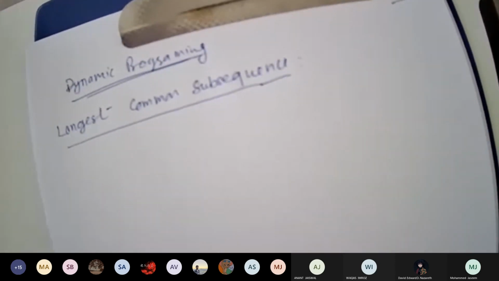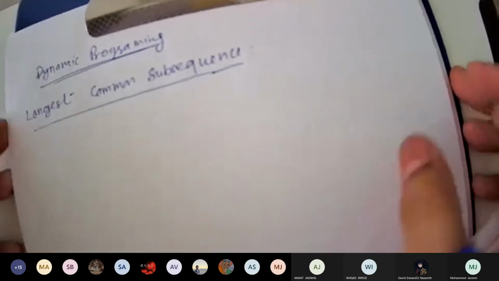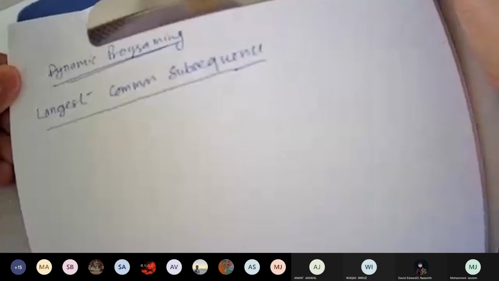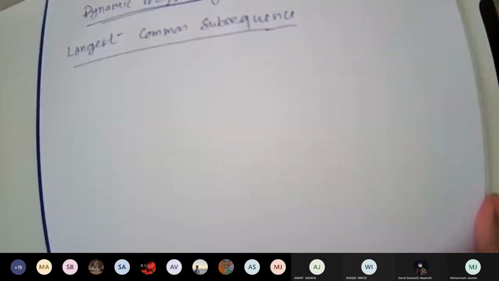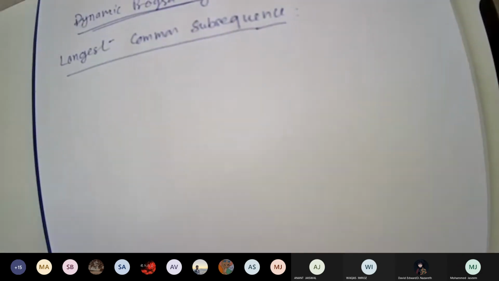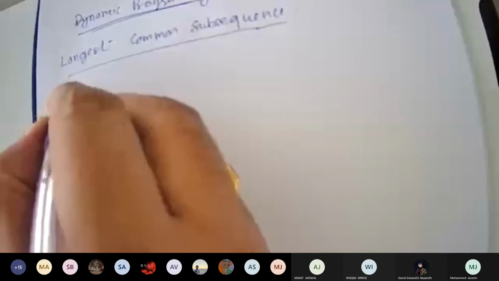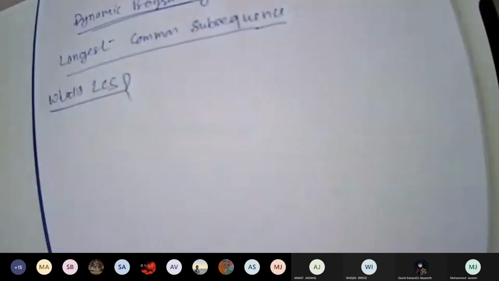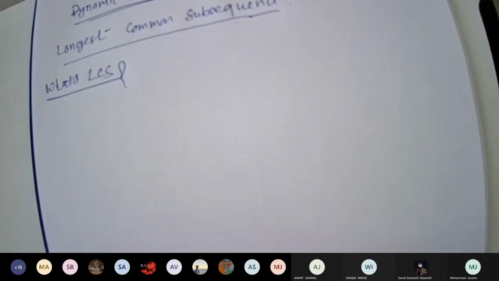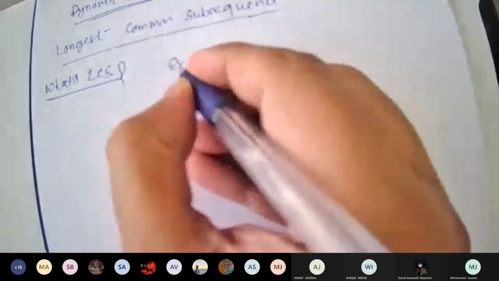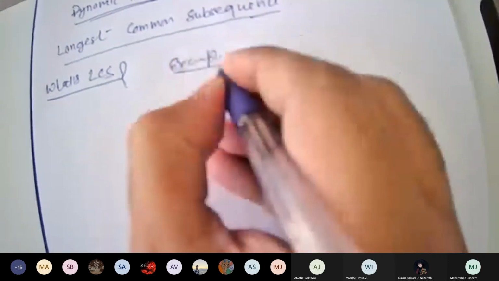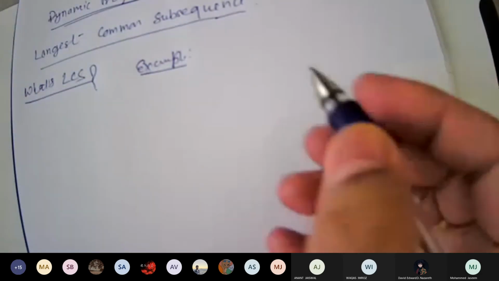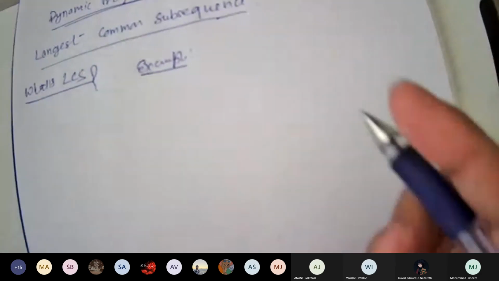So firstly, you have to understand what is longest common subsequence. When we talk about longest common subsequence, what is LCS? I'll just take one example and with that I will explain. Suppose that we are taking any string. So in this you need actually two strings.